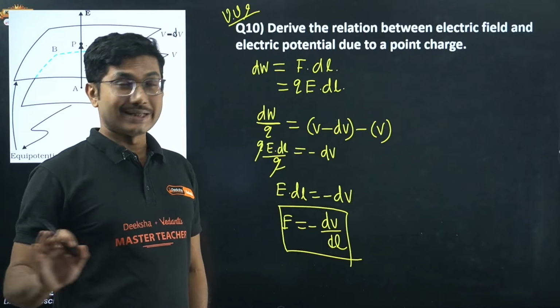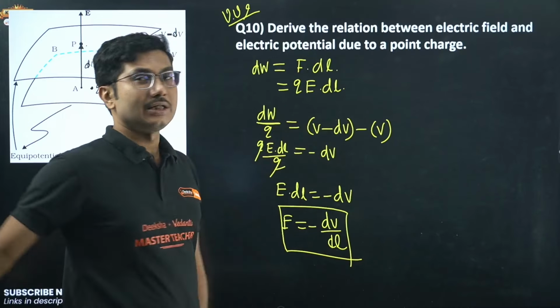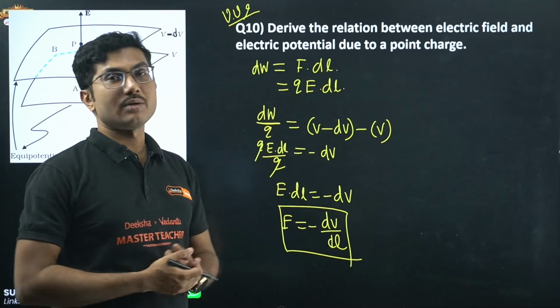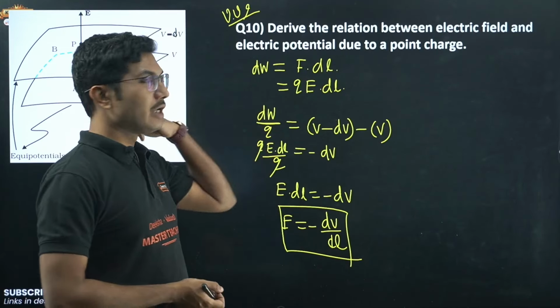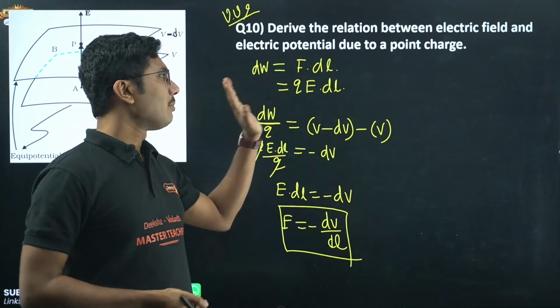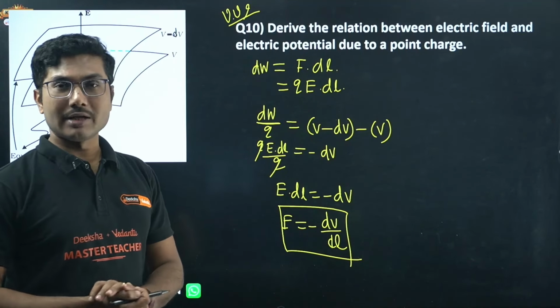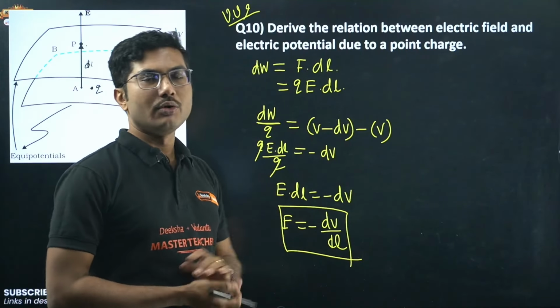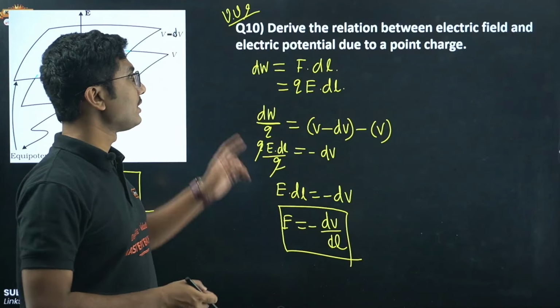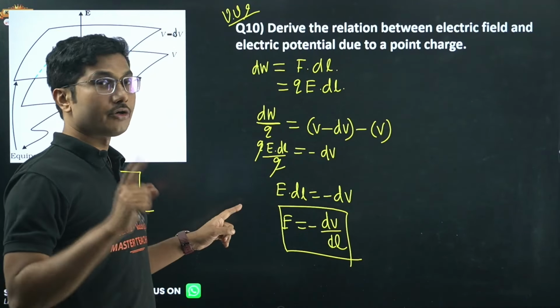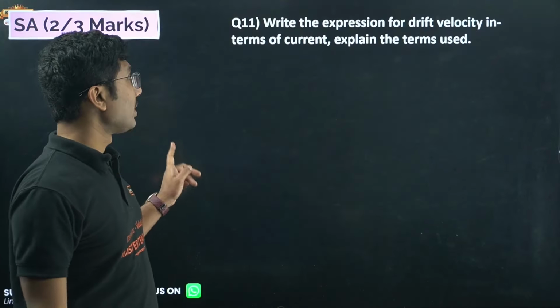but if you do the derivation like this, there is no chance of any mistakes. Okay, remember final minus initial is always the potential difference, and that is the work done per unit charge. So if you take only unit charge at the beginning, that is also fine, but as I mentioned, this is the easiest way to remember. Practice it 2-3 times and it will always be with you till your board exams. Okay, this is a very important question, not only for pre-board but also for your final board exam. Next question,